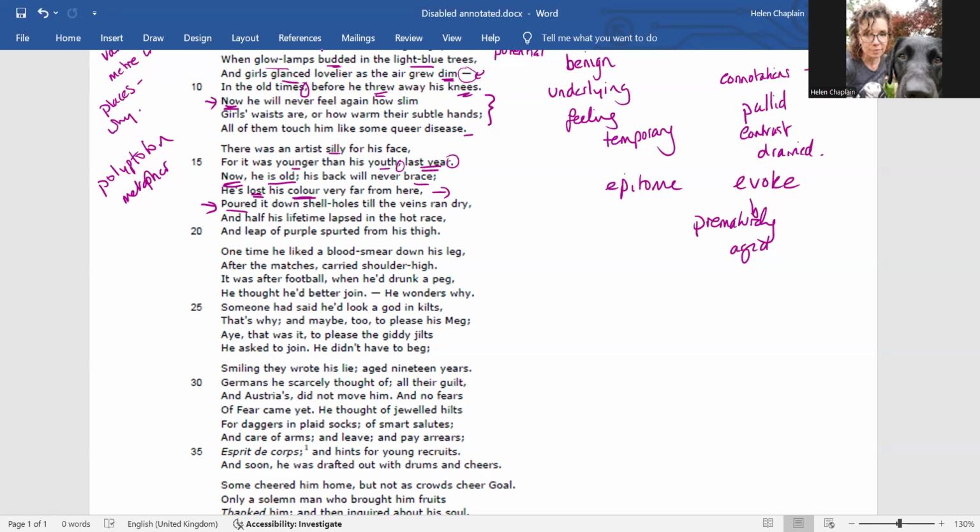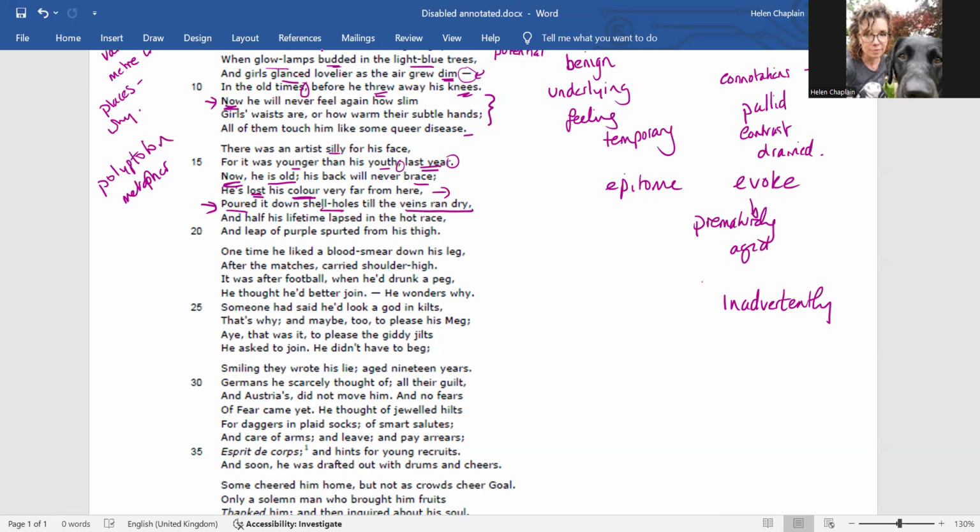That sense that what he has done, his decision to join the army, has actually inadvertently led to these injuries and this future for him. Something being inadvertent is where it's kind of accidental. It's not intended. Okay, and the shell holes are the blast holes in the battlefield, and the battlefield has taken